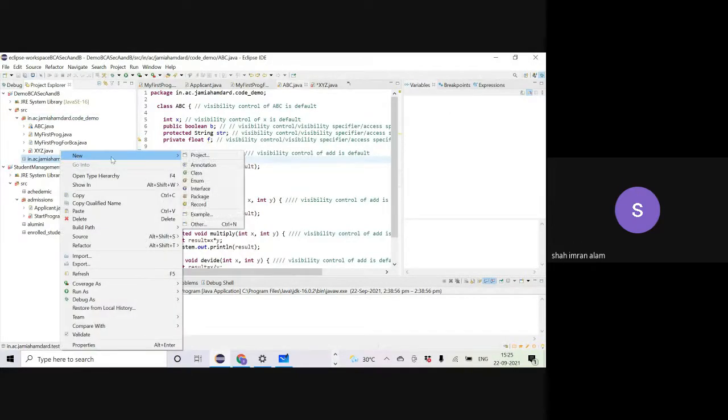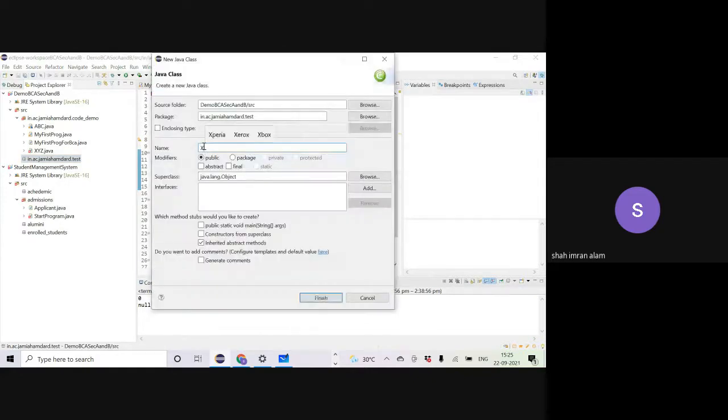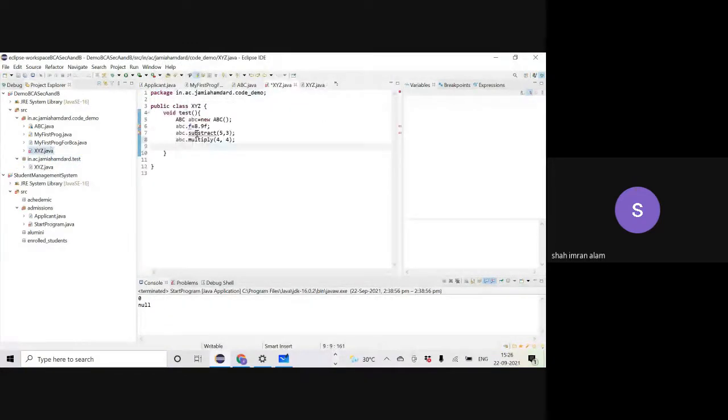Let me create a class over here, class XYZ, okay, with the same name. Let me remove the compilation error here. These are not visible.